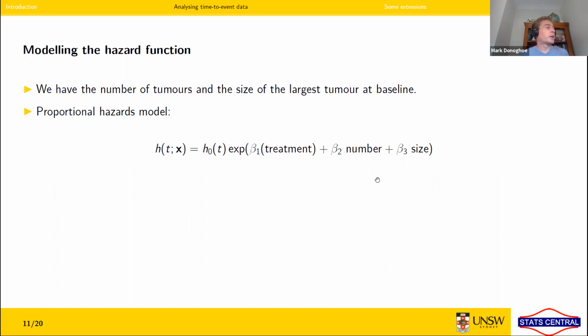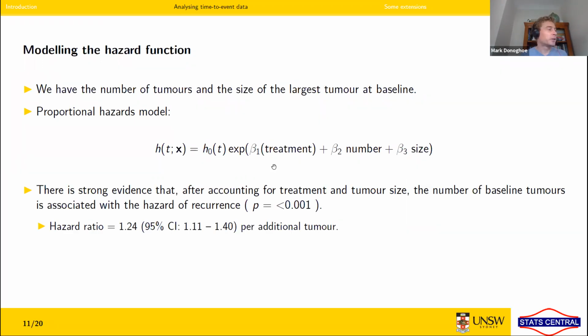So going back to our example, we actually do have some covariates that we might want to model. We've got the number of tumors at baseline and the size of the largest tumor before surgery. So we can put these in a proportional hazards model where we say that the hazard at time t for someone with covariates x is this baseline hazard multiplied by e to the treatment effect, basically the effect of the number of tumors